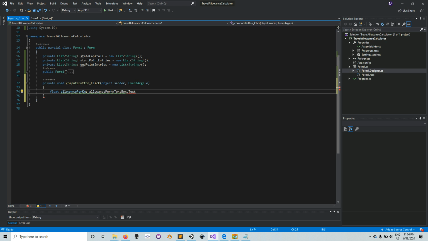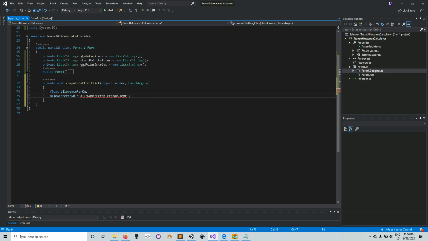So I've just created a variable, and the variable is going to hold a floating point data type. A floating point data type is actually a number. Then I'm going to say allowance per kilometer, that's this floating point data type, is equal to